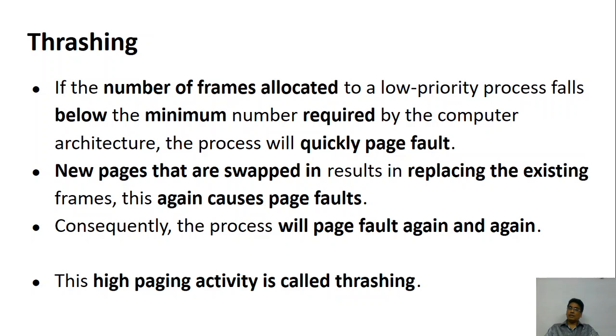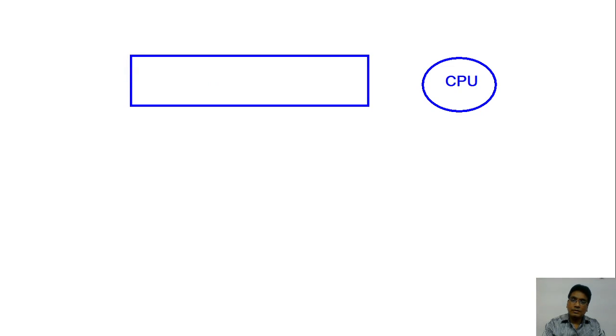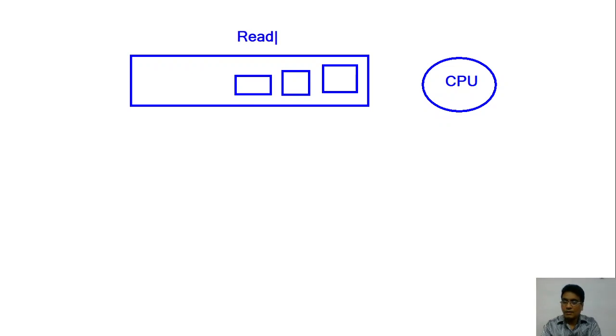Now let's look at a situation. Generally, what happens in our system is, we know that we have a CPU that executes the processes. So we are all familiar. The CPU takes the processes which are there in your ready queue. So we have the ready queue here, and the CPU takes one of the processes and starts executing. This is all known. But now we also know that every process which is there here